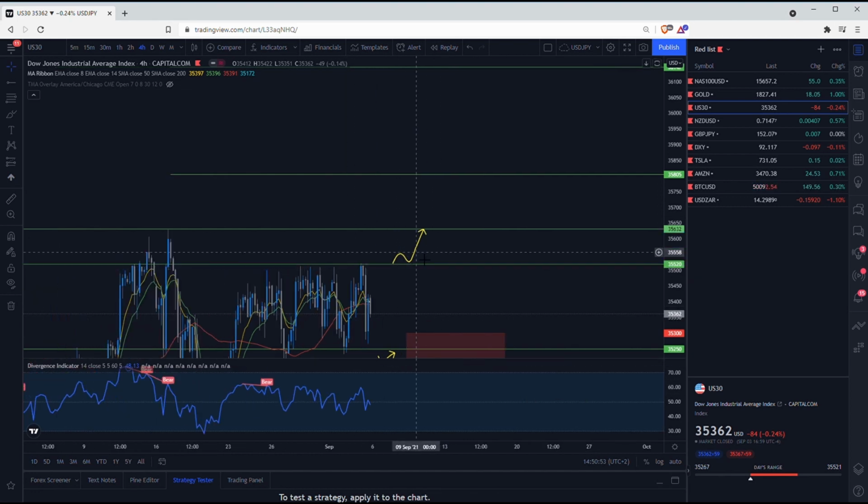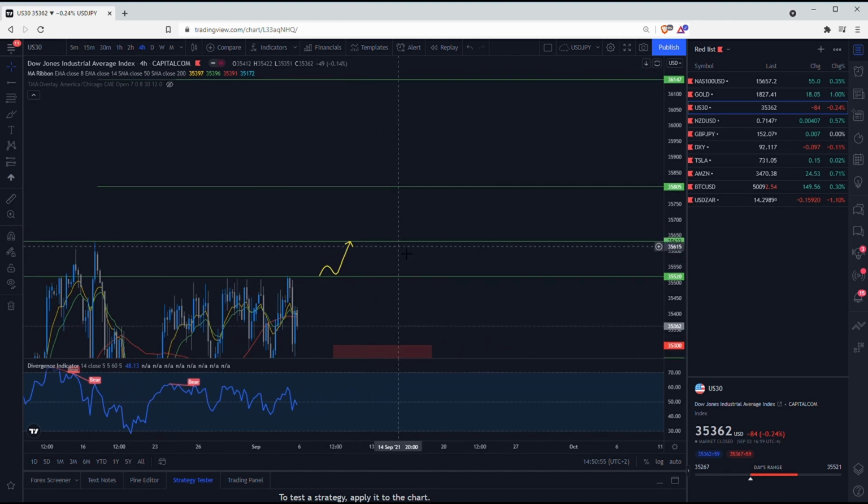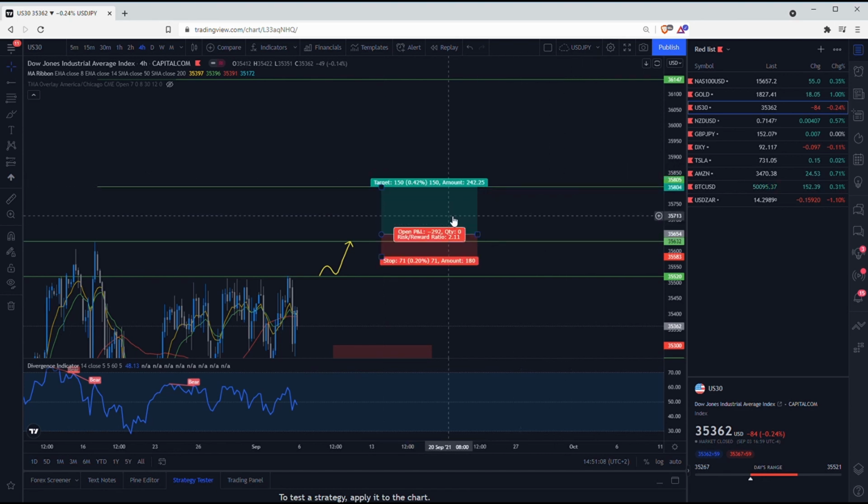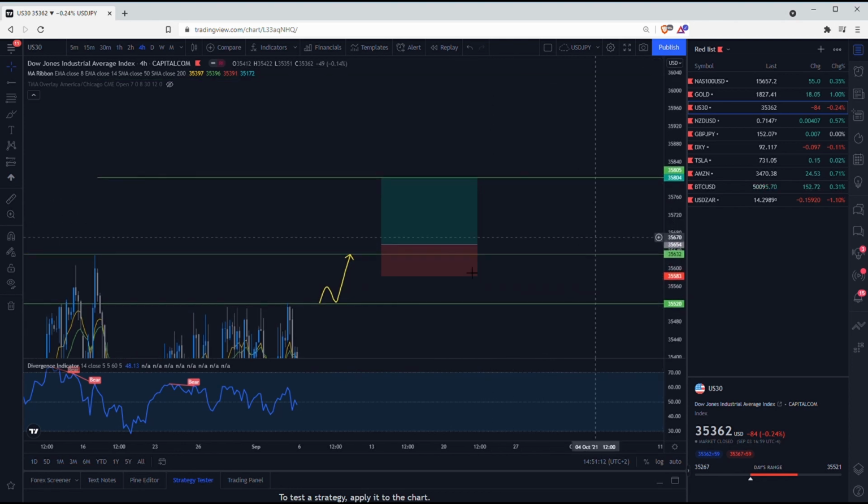Then the second move, once we can break and retest this area here above here, that's where the action starts actually happening and the market's going to start trending again. So with this one, it's beautiful because your stop loss is there, take profits here, right? That is a 2:11. That's also phenomenal, guys. That move alone